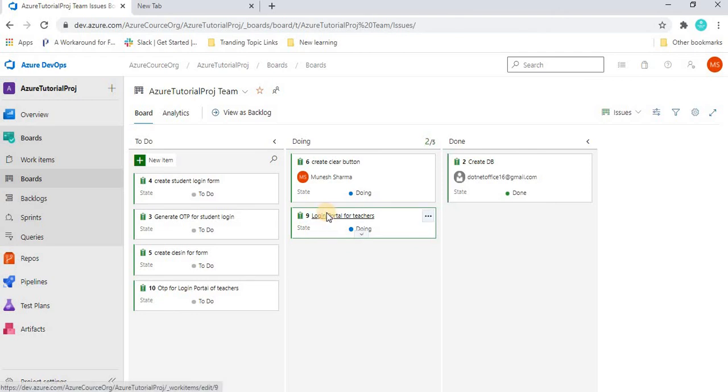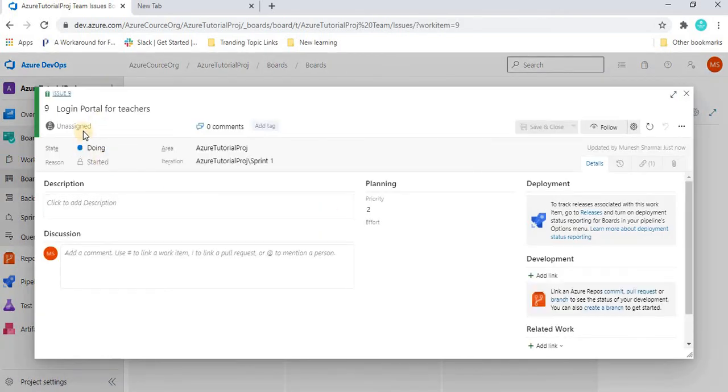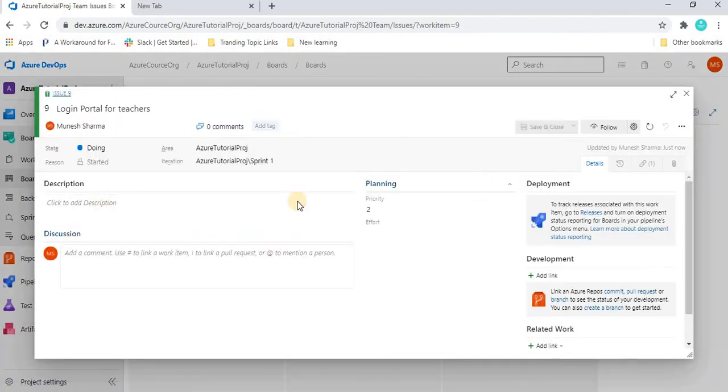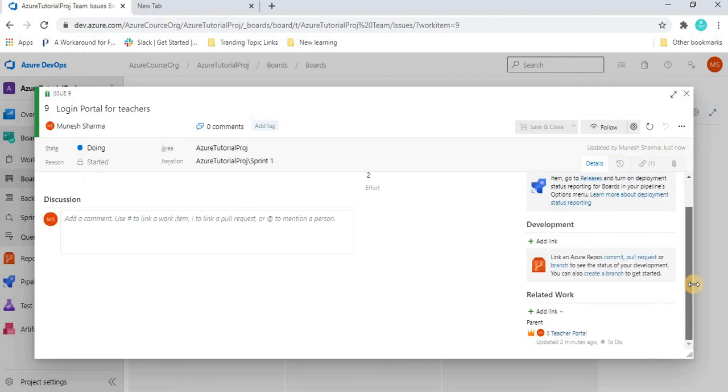First we have to assign it, because if someone is working, someone has to start work on this process. So you click, and when you save and close, you can give a description and other things, like attachments, or see the history of this. All those things we can see from here.